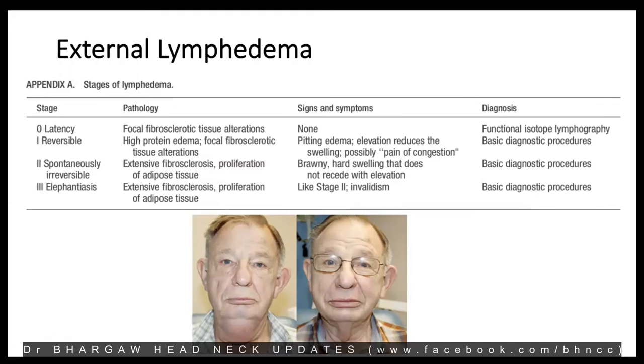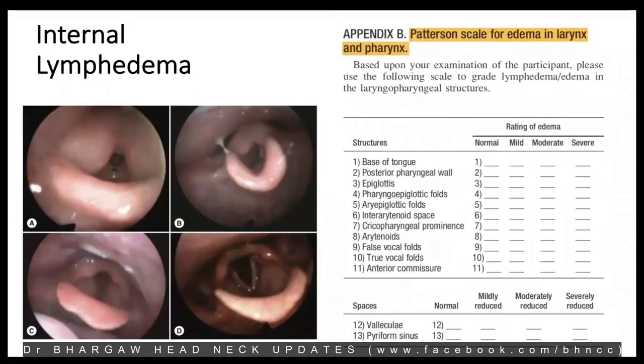Radiation-associated damage happens on the skin and the neck also. What happens? There's a lot of fibrous tissue, a lot of adipose tissue deposition, and it prevents the movement of the muscles of the neck, especially with regard to hyolaryngeal elevation. So patients have a very stiff, woody neck, and when a patient has external lymphedema, they also have some form of internal lymphedema. So internally, when you do an endoscopy for these patients, you'll find that they have a really boggy looking, edematous larynx, and sometimes the arytenoids don't move at all.